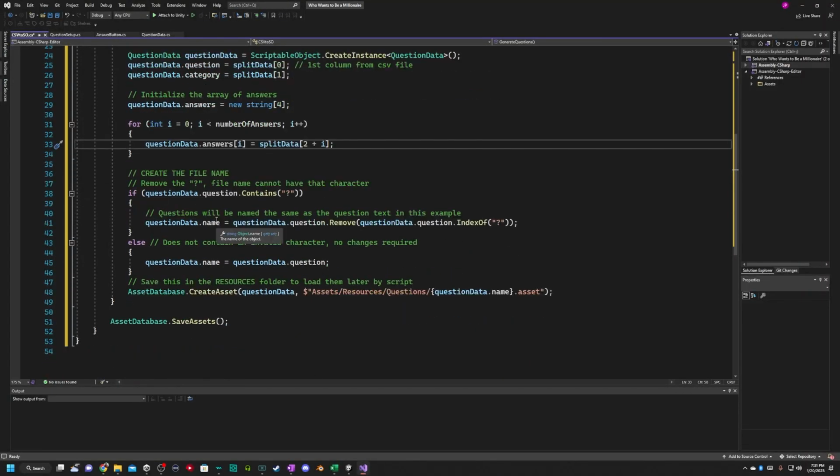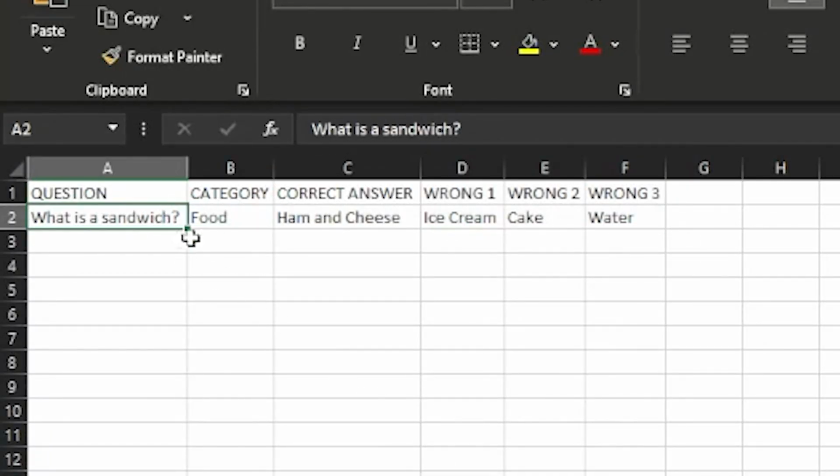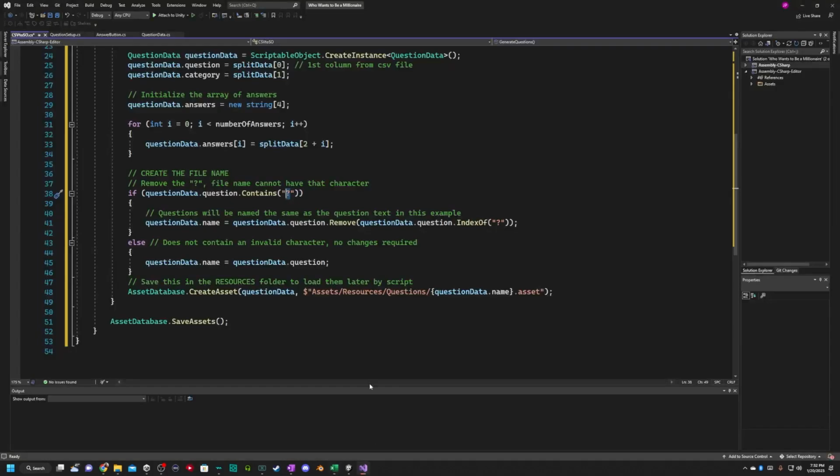After that, we want to make sure we give it a file name. Now, there's some characters that won't work in strings. It'll give you an error if you try to do it. If you see that error, make sure that you're not using a character that's not allowed in the name. In this case, I have question marks. And that's because our questions have question marks in them. So we see this one, if I let that be the file name, it would return an error and not let me use it. So I'm saying, if it contains a question mark,